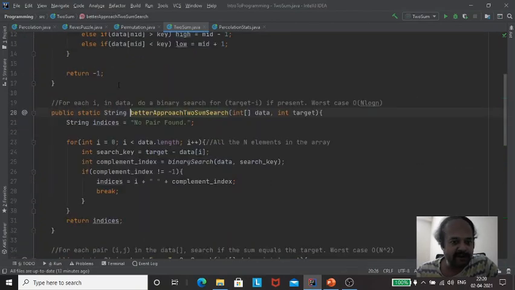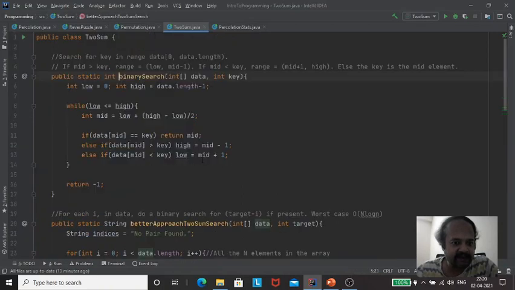And let's look at the better approach, right? So in the better approach, we start from 0 and go through all the n elements in the array, but every time we try to compute how much the target differs from the element's value, right? So this should be the Math.abs, right? So we can change it. So we just try to see if the complement is present. So as long as the complement is present, right, how do we figure out whether the complement is present? We try to do a binary search. We try to see if this key is present in the data array.